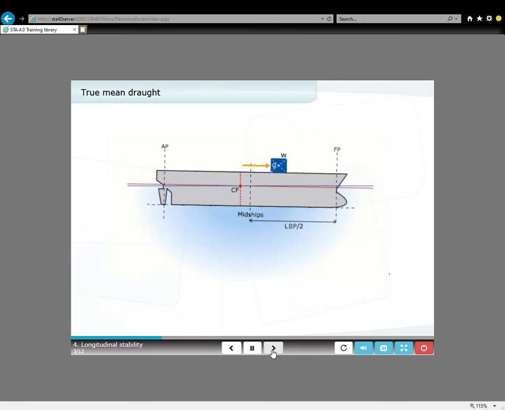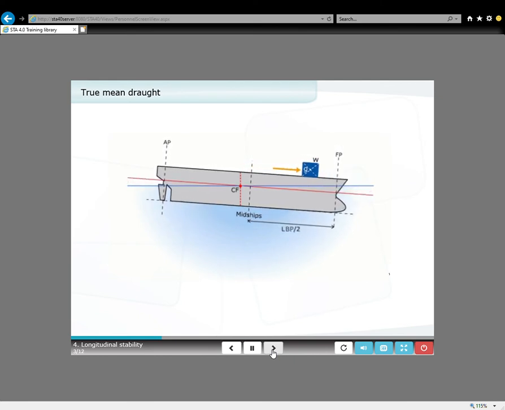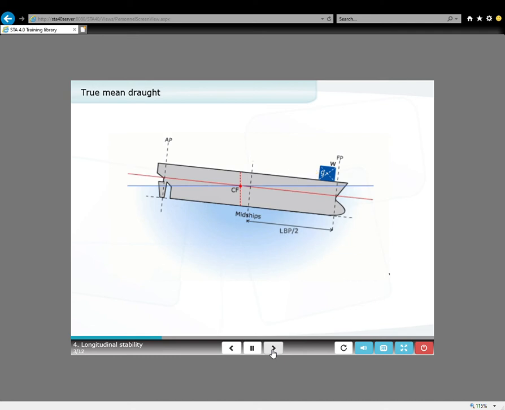When a weight is moved longitudinally on board a ship lying on an even keel, the ship will change its trim about the center of flotation, CF, and not about amidships. As there has been no change of displacement, the draft at the center of flotation will not change, but there will be a change of trim and a change of drafts at the ends of the vessel. As it is trimmed about the center of flotation and not amidships, this change of drafts at the ends of the vessel will not be the same value upwards as downwards, and there will also be a change of draft